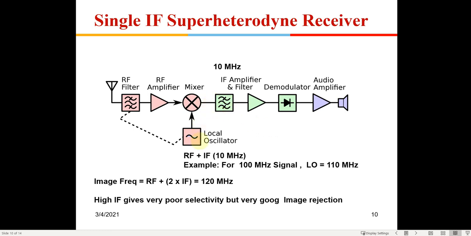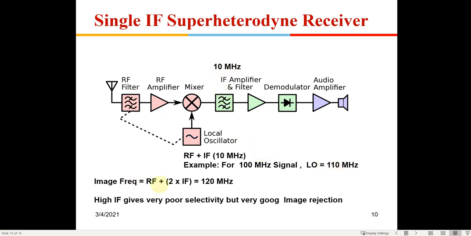So let's try to use a different, higher IF amplifier. Let's see what happens. Suppose I use a 10 megahertz IF amplifier. So IF is now 10 megahertz. I am using 100 megahertz out here, so if I want 100, I am going to tune the oscillator to 110 megahertz instead of 100.5, because the IF is 10. So 100 and 110, when they beat, will give me a 10 megahertz signal. That is fine.